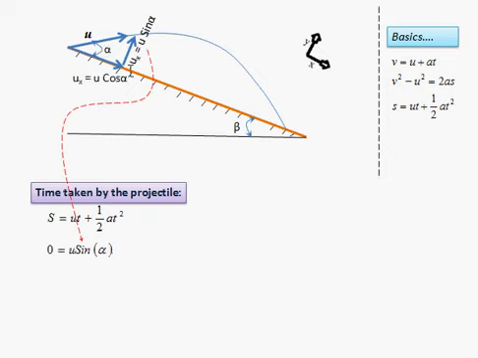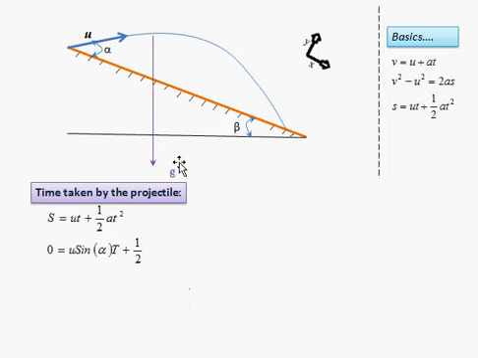As a next step, I am utilizing this u sine alpha here instead of u, because this particle is moving in the vertical direction, and hence I am utilizing the vertical component and not the horizontal component. And the next step, instead of this small t, I am substituting the capital T. Capital T is the time taken by the particle to move from this position to this position. Plus half, the next step is acceleration. Here acceleration due to gravity plays a main role, since I am taking g instead of a here. So g can be drawn like this.